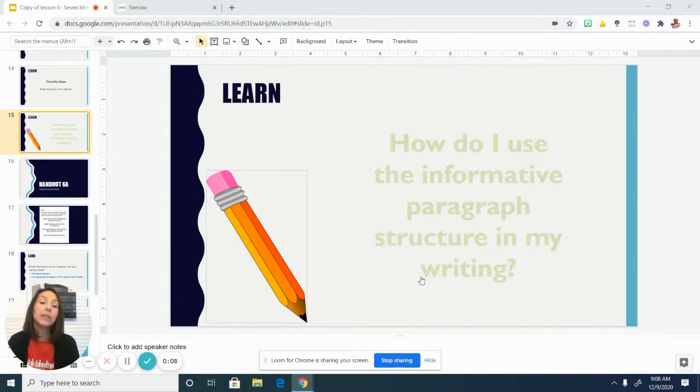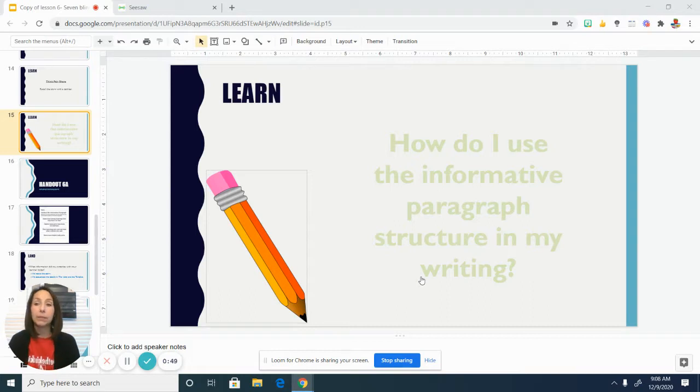So today we're going to talk a little bit more about informative paragraphs. And you probably remember from Module 1 and Module 2 with the fables that we've been reading, we have been talking about and learning how to retell a story. And we use our story map and our story elements to help us with that. But the big part of retelling a story is that we think about the important events, the important details from that story, and we tell them in the order that they happened. So that's the important part of retelling, is that we retell the story in the order or the sequence that